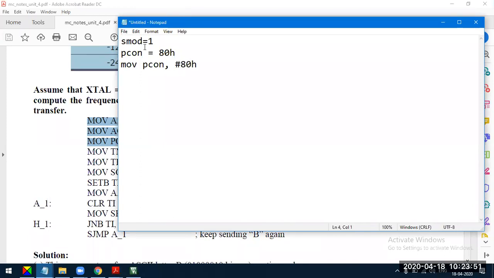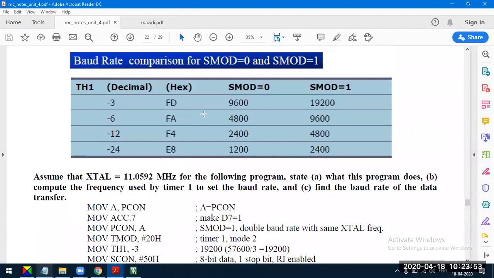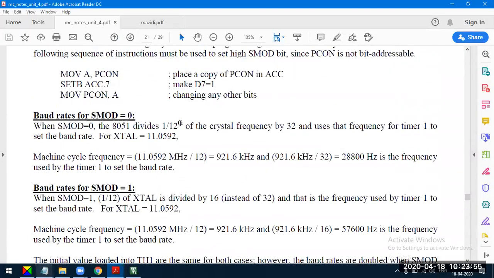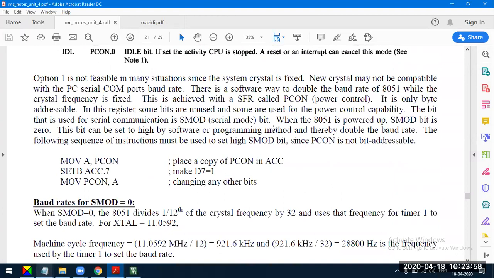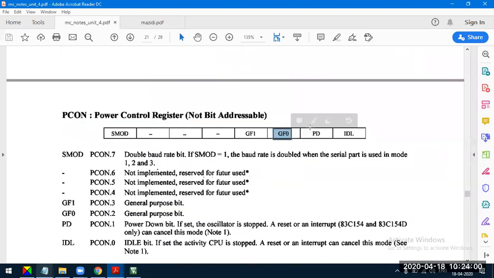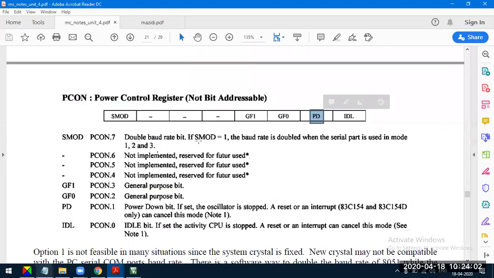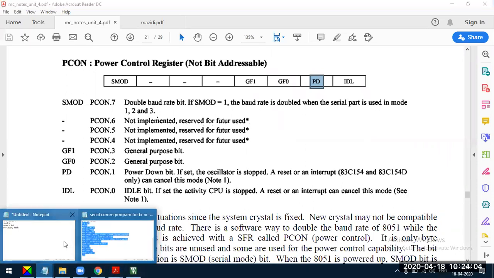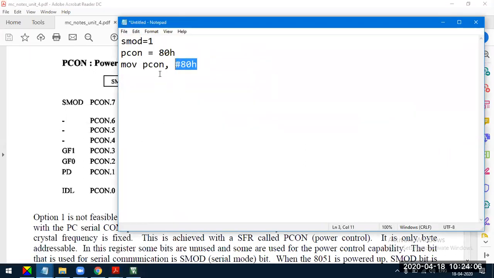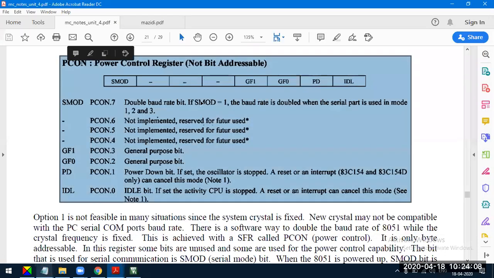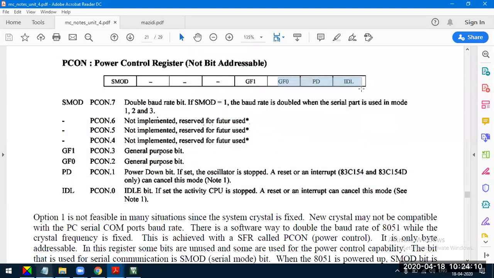But what happens is, if you do this, let us say there are other bits already set by the microcontroller, for example GF0 was set to 1 or PD was set to 1. If you do this method, you are directly copying the data to PCON, so these other bits of PCON will be affected, all of them will become 0. We don't want to affect these bits.